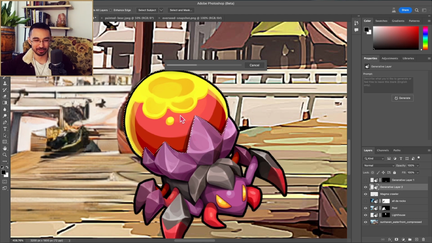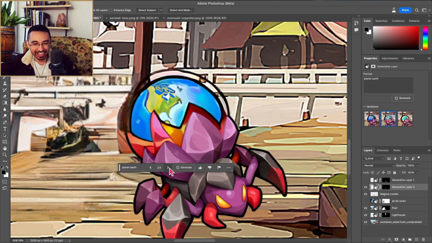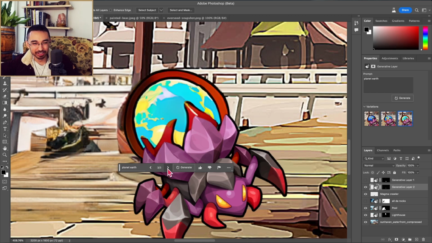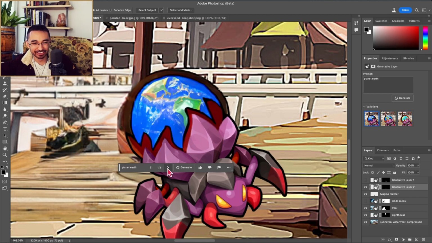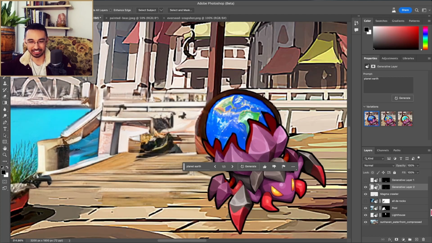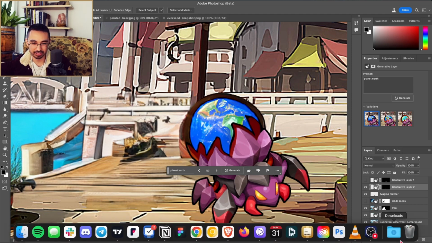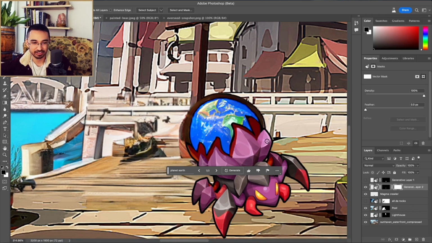So now this planet Earth on the back of the magma crawler. That's pretty good. Oh, it's funny. It's trying to blend it a little bit. Yeah, it's struggling a bit with that. That's not bad. I mean, I would clean it up a little bit, right? So what you can do is, decent. I'll give you a thumbs up on that. It's not bad. It looks a little funny, but